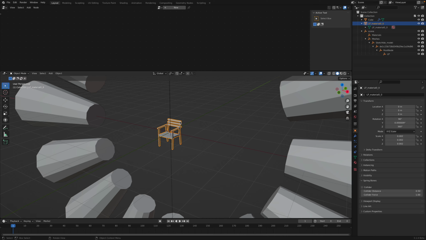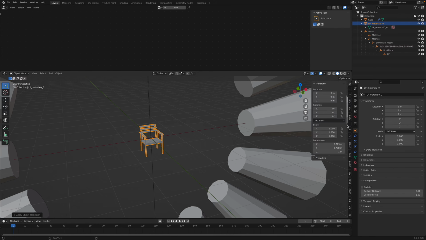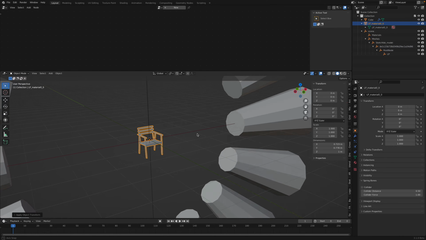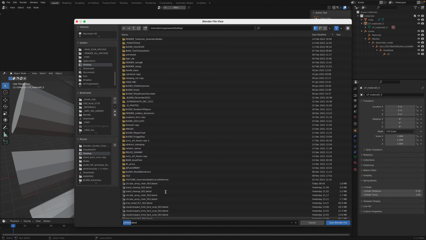Okay, always use Suzanne as reference. Command A, apply all transform. So this chair, how big is this? Okay, it's around 1 meter. This should be pretty right. So let's save this very quickly. So chair,